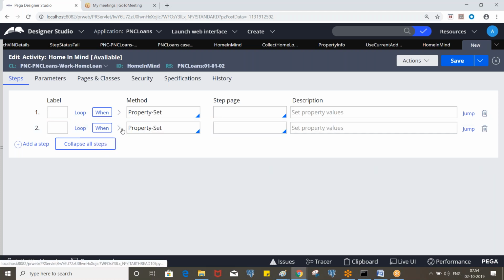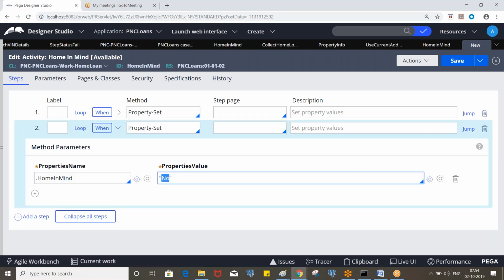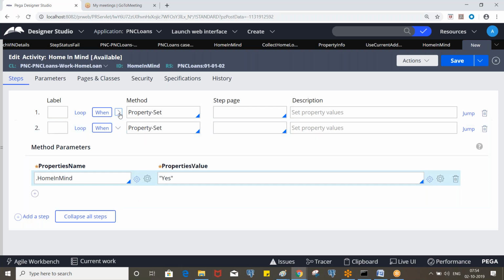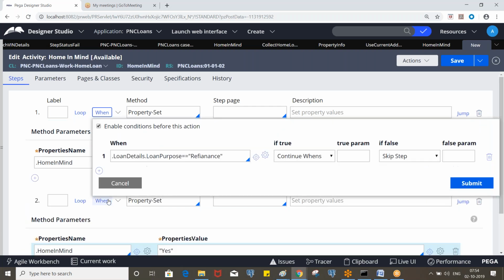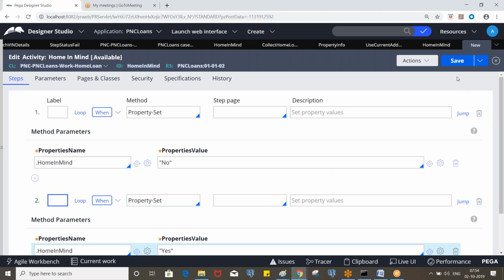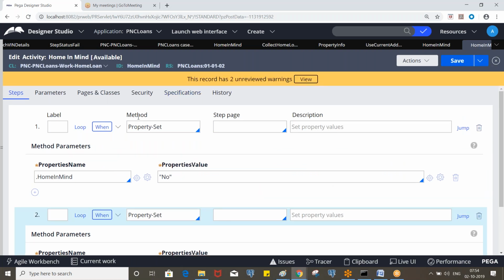But here you need to assign a different value. Refinance spelling seems wrong, I think. Okay. So now if this condition is satisfied, this step will be executed.